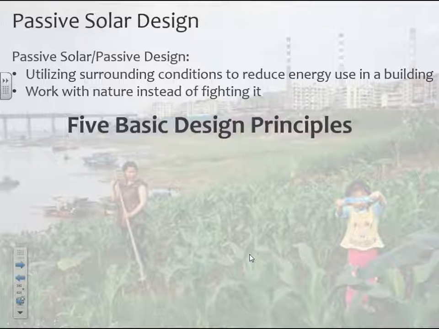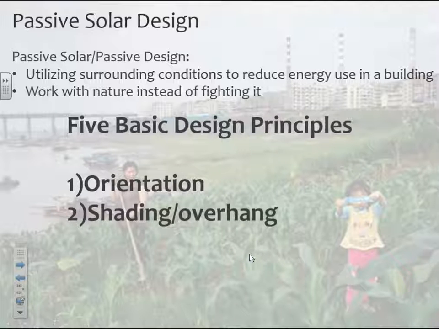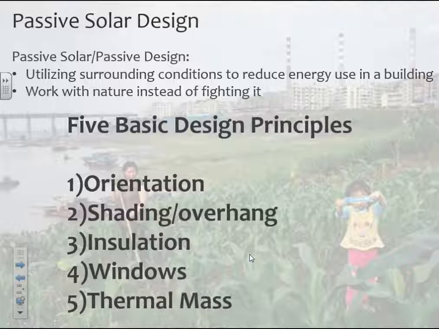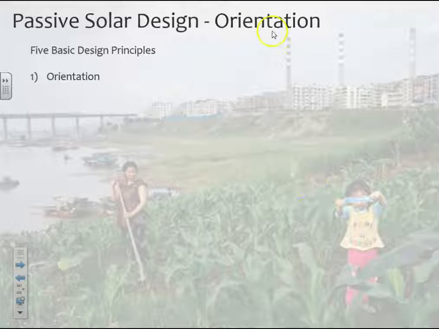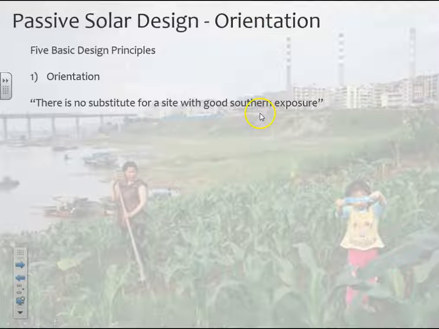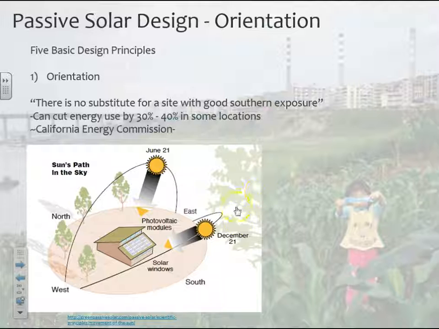So there's 5 basic design principles. We have orientation, shading and overhang, insulation, windows, and thermal mass. And we'll go over these in more detail here. Okay, so first of all, we have orientation. So orientation is all about basically which direction the building is faced. So if you have a good southern exposure, so this is in the northern hemisphere, think about which direction your building is faced. Okay, and so if you think about the northern hemisphere, which is where the United States is,